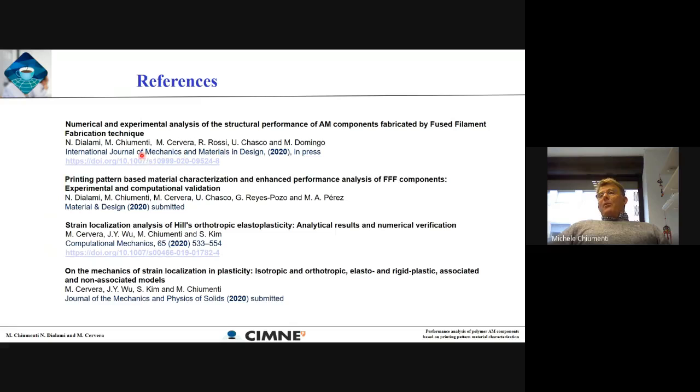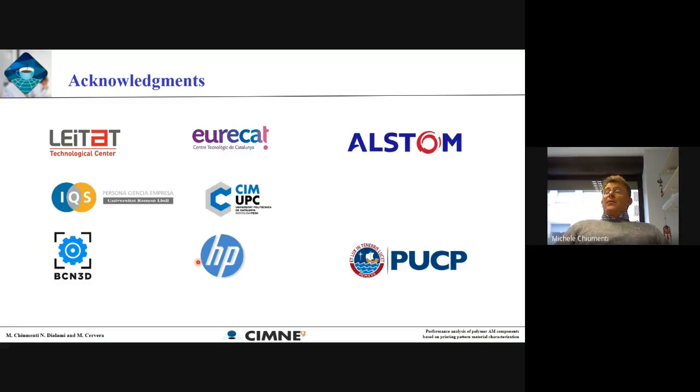We have a couple of publications ongoing on EM and a couple of publications on strain localization using field orthotropic elastoplasticity. And finally, I would like to acknowledge partners in the project. Veiettate Eurecat for their work on the definition of demonstrator and experimental assessment. Fundación CIMNE also very much